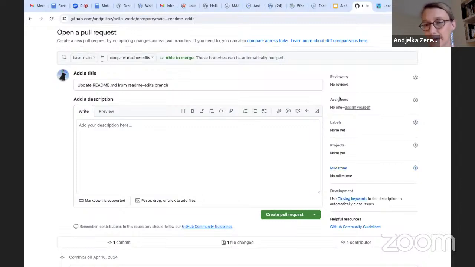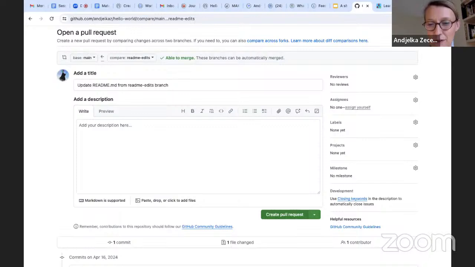So it's better to use them. And of course, we are able to define different milestones for our projects. So different tasks can be a part of different milestones. As this is one very simple repository, I will